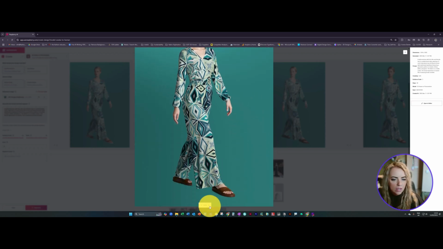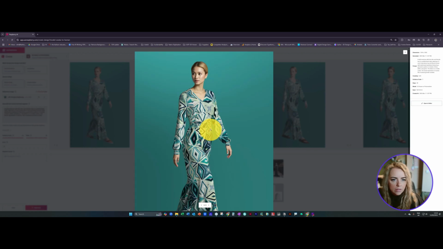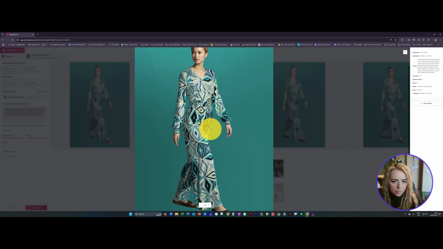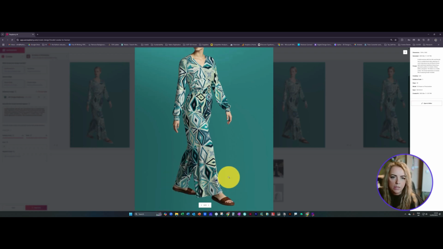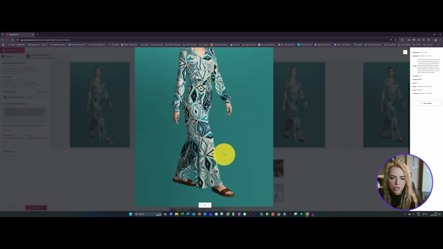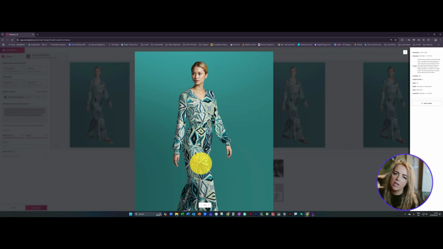And let's have a look at the last one. Same kind of issue with the hands, but these feet do look better. They are just pretty blurred around the edges. So a couple of things that I would want to go in and tweak again in Photoshop, but let's bring up the